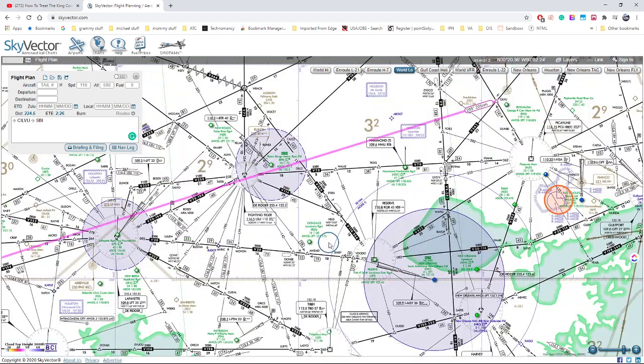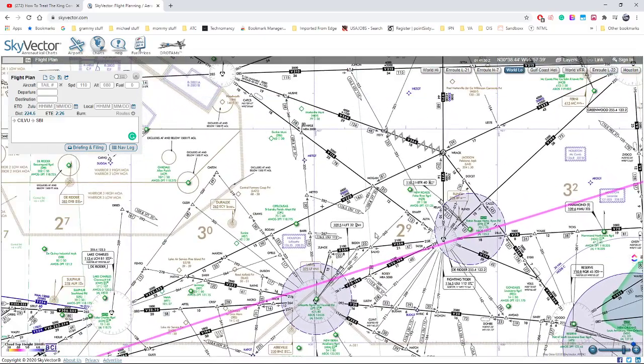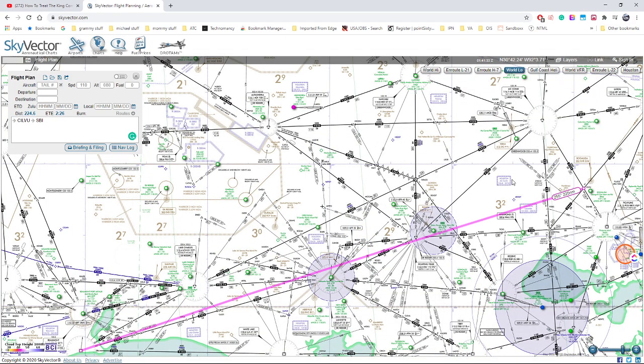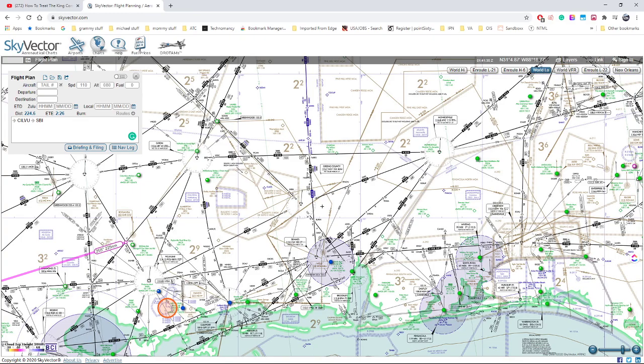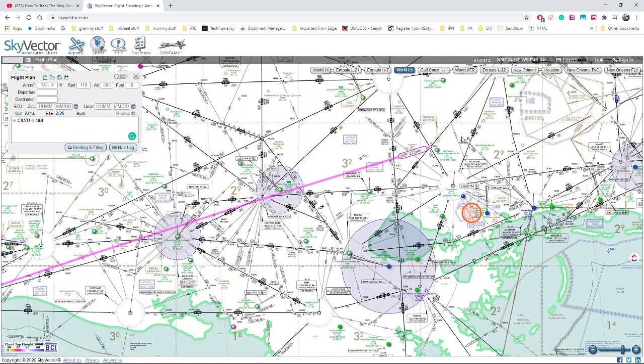Let's take a look here. The map we're currently looking at is the world low chart that gives us all of our Victor routes and our Tango routes. Basically, these are all the low altitude airways that we can use. So if you're flying something that can't get into the flight levels,